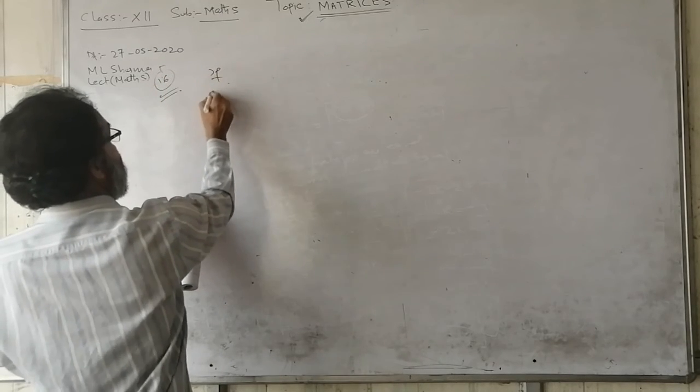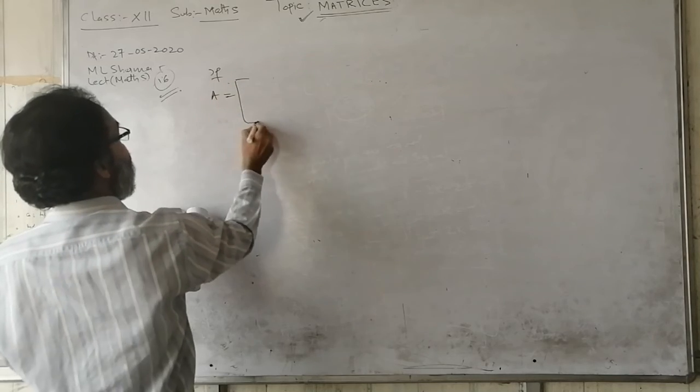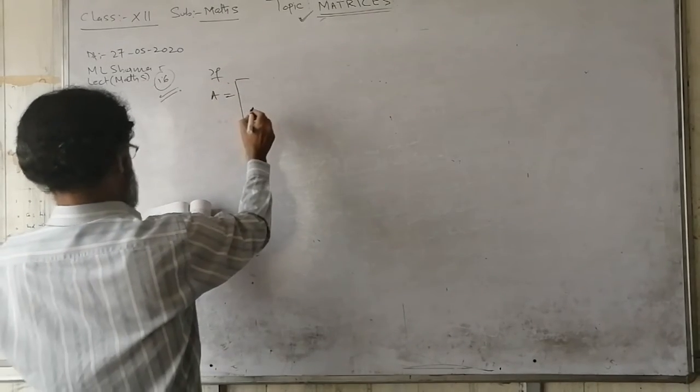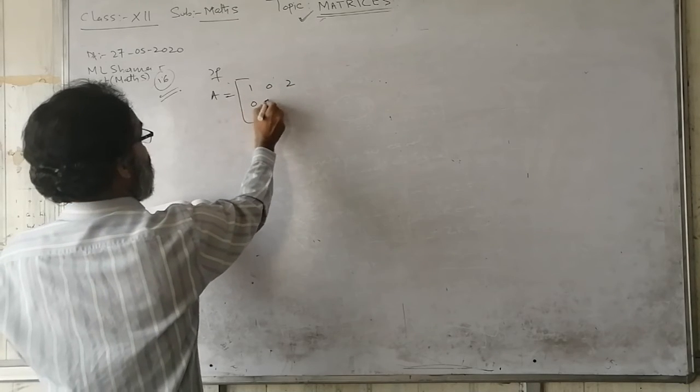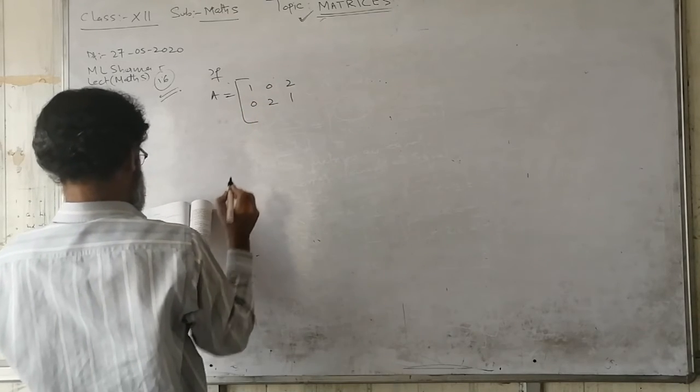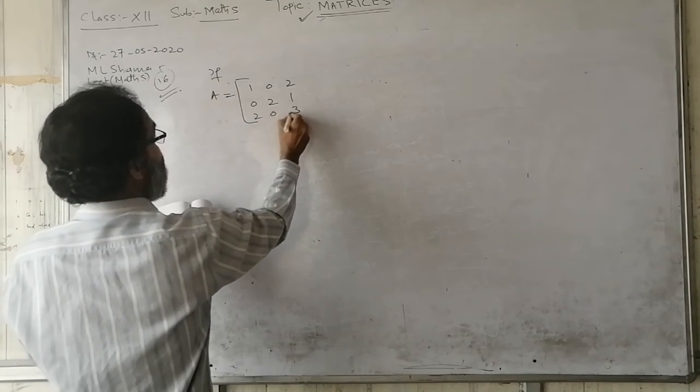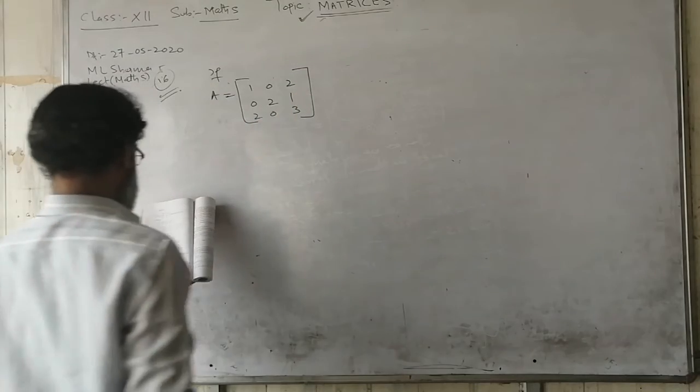The question says, if A is equal to 1 0 2, 0 2 1, 2 0 3. This is the value of matrix A,